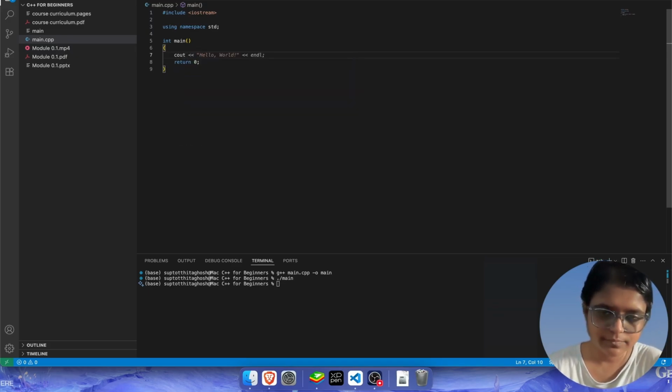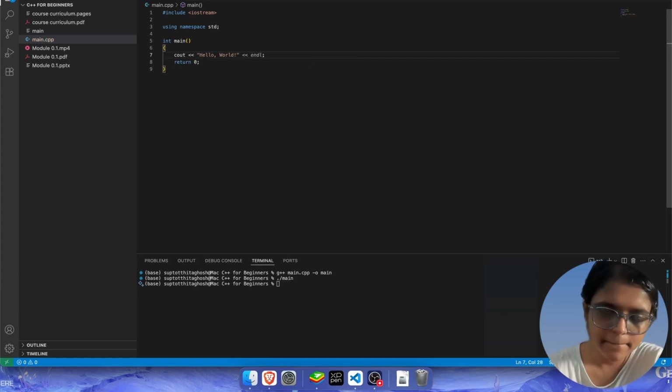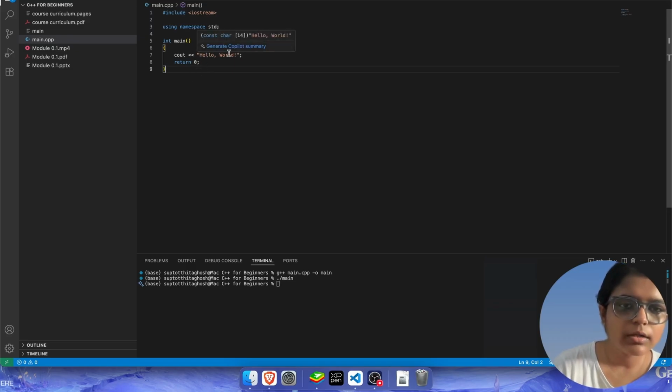cout. Here, let's go with tab. So cout less than less than "hello world". This is the output, and semicolon. So the output that you want, as it is in your output panel, should be written within quotes.